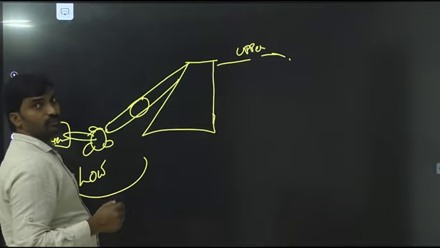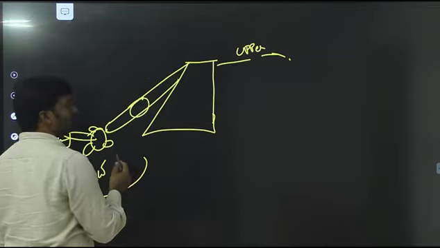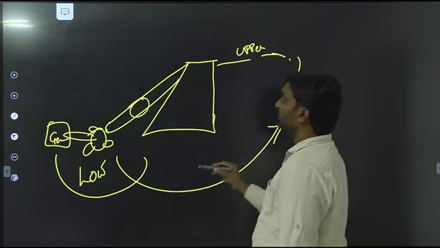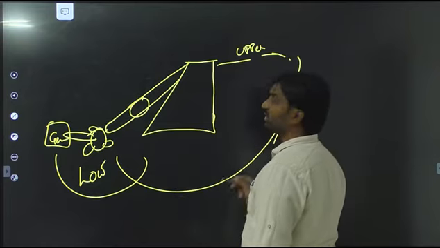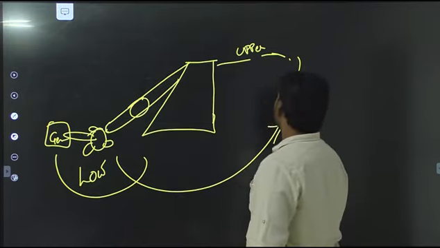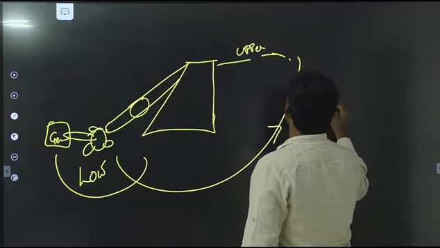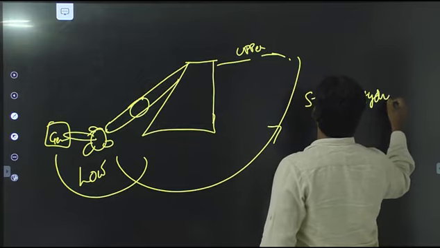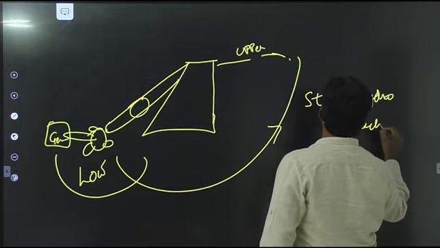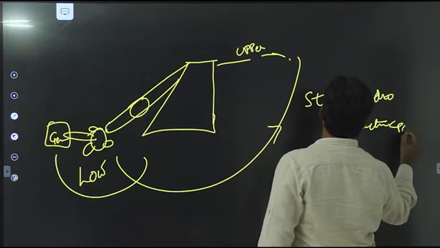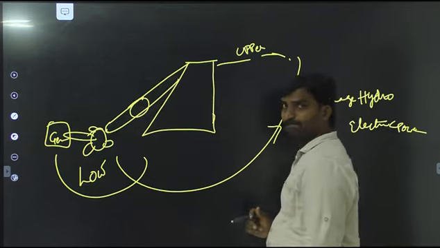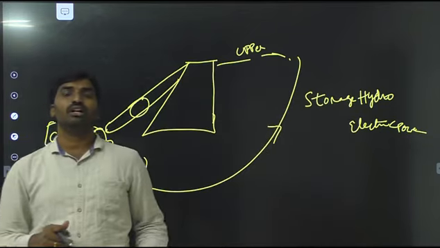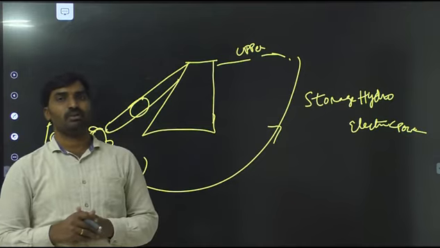When you require the additional power of 3 megawatts, and in the remaining time, what do we need to do? For additional energy, we use it to pump the water back to the upper reservoir. So this type of power storage is known as storage hydroelectric power. These are the things in a storage hydroelectric power plant in combination with a steam power plant.